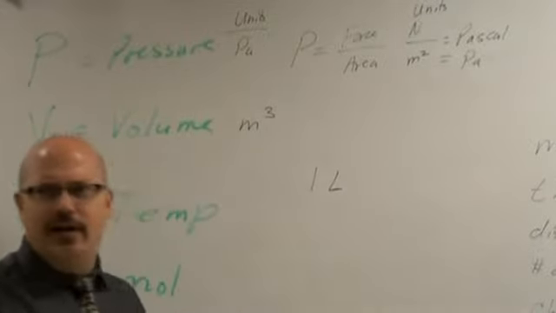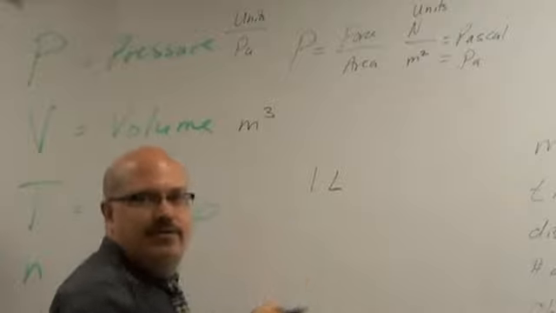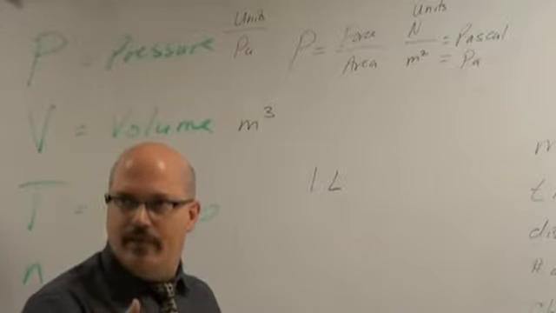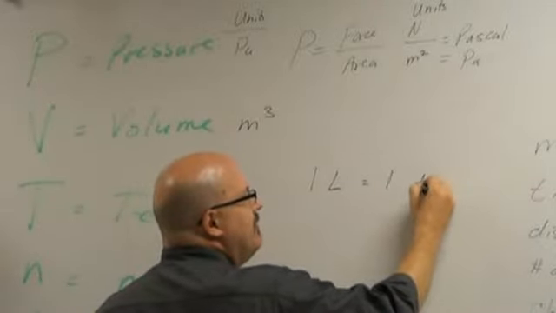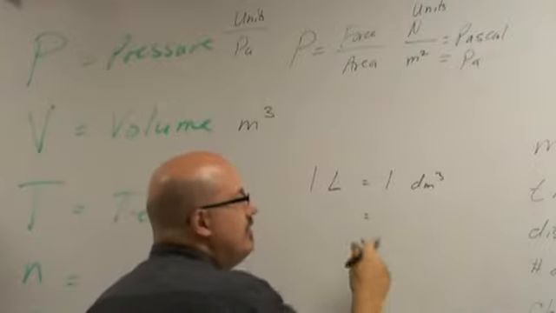Is it capital L or small l in chemistry? Capital. 1 liter. A liter is actually a decimeter cubed, right? Yeah. So that's actually 1 decimeter cubed. That's a decimeter is